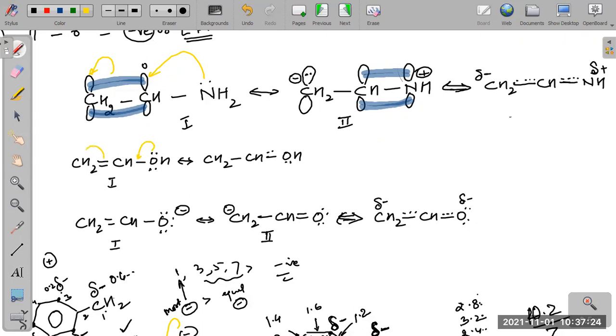This will come here, this will come here, this will come on the carbon atom. The double bond, the pi electron will come on the carbon atom, creating a negative charge on carbon and a positive charge on oxygen. There will be a double bond. Therefore, the resonance hybrid will be something like this: CH2, CH, OH, delta negative and